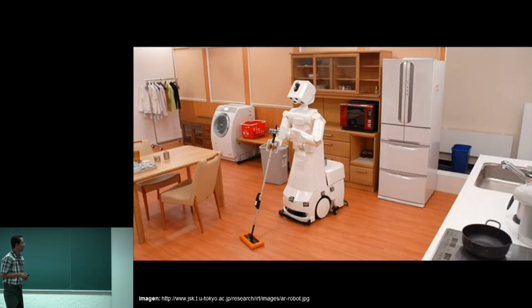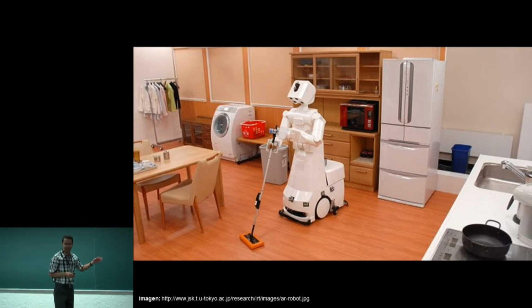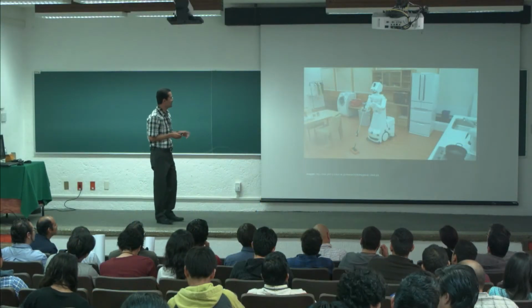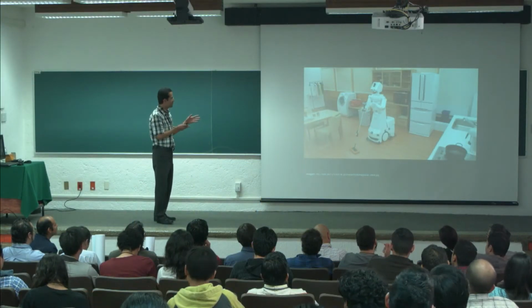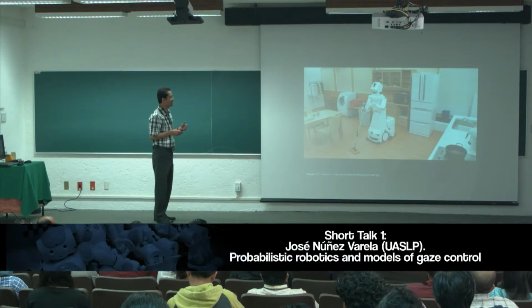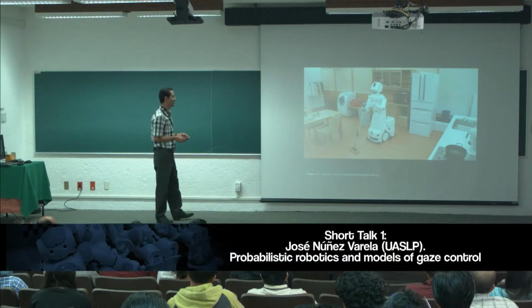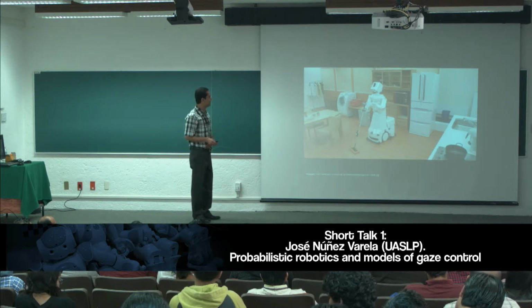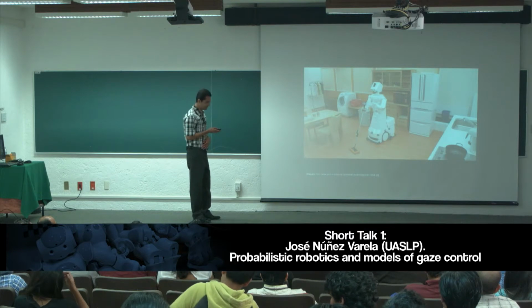remarks. Okay, so I think that everybody here would like to build a robot like this, right? I know many people, every time I give a talk about robotics, expect something like this. The problem is that we are not there yet. In order to have a robot like this, the robot needs to make a lot of decisions and to have a lot of information about the environment. We saw in the previous talk that it's very difficult. There are many things that we need to solve.